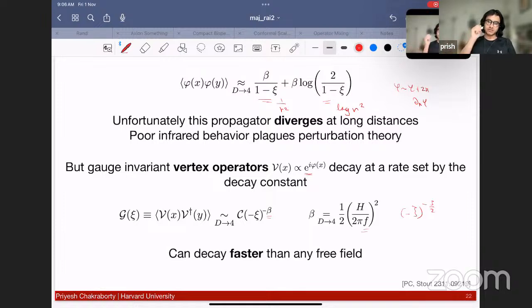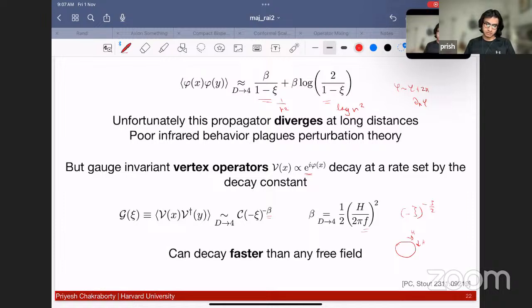compact, because if you imagine just on a circle, this phi particle is getting kicked around randomly, it will take a lot of time for this particle to learn that it's getting kicked around by Hubble size kicks. It will take a lot of time for this particle to learn that it actually lives in a finite field space. So indeed, as I send F to be really large, beta is small, and its decay